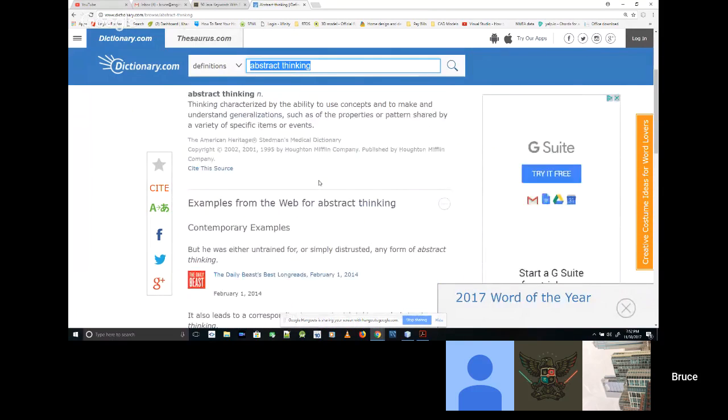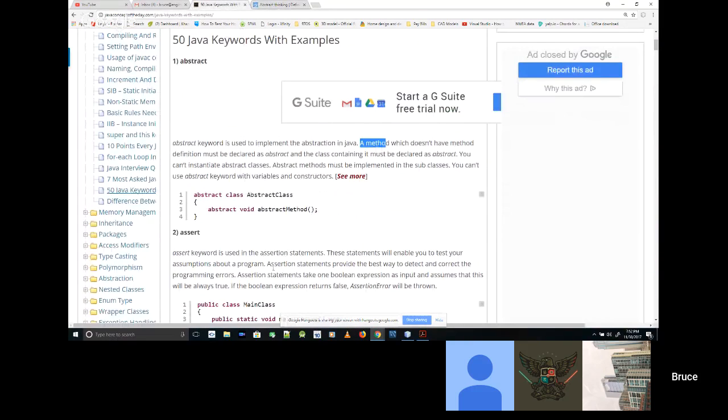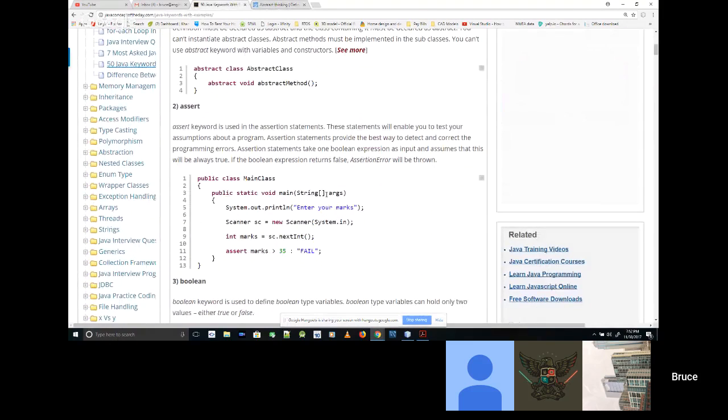I don't know. Anyways, let's get back to this. Let's see, assert. Assert is for testing, for putting tests on the inside of your code, and if they don't meet certain requirements, then during the operation of the program it fails and throws an error out to the user telling them what the problem was.